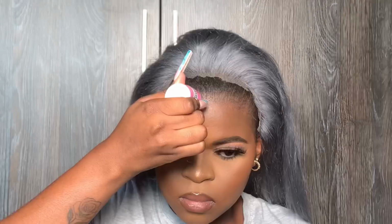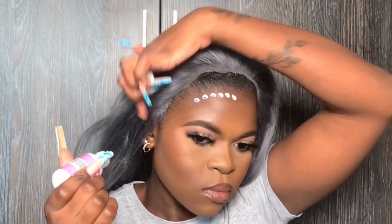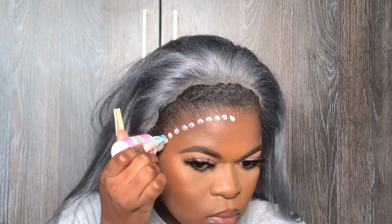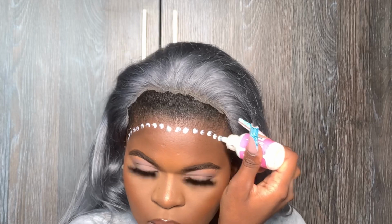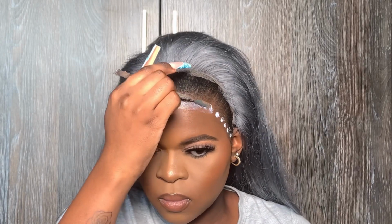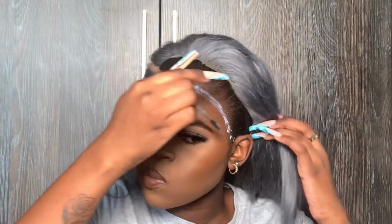So right now I'm just going to go in with this bold hold glue. I was supposed to use another glue, but I really don't know where I placed it. I misplaced it somewhere, but I'm gonna go in with this bold hold glue, which actually really doesn't last, and it is so expensive. I really don't know why it's so expensive, because it really doesn't last, and the one that I usually use